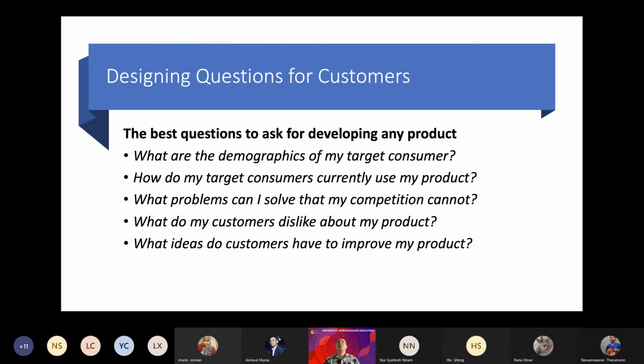And then, what problems can I solve that my competition cannot? This is how you become outstanding, more important than others. For example, if a customer replies, "Oh, I love this one compared to that," it means you are one step ahead of your competitors, which is a good thing. But if they say, "Oh, I prefer to use this app," and just mention another app,